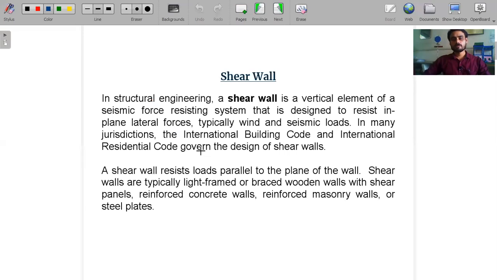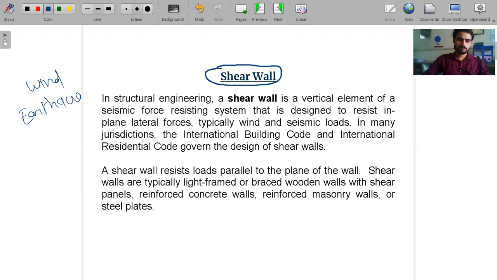First of all, what is shear wall? This is a very important member of a multi-story building. If we construct a multi-story building, there is a chance of lateral thrust, lateral loading. To resist these lateral loadings, the shear wall is an important component. We generally bear the lateral loads and transfer them to the footing. The sources from which these lateral loads occur are basically wind and earthquake. These are the basic reasons for the lateral thrust.